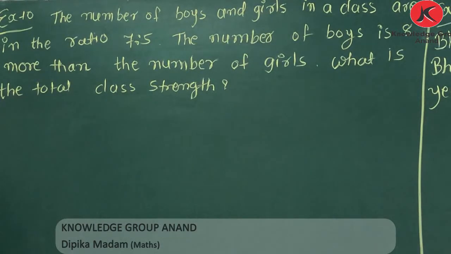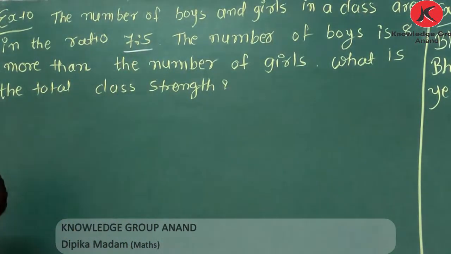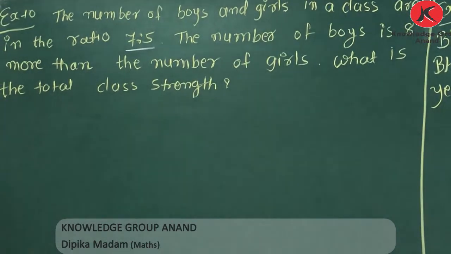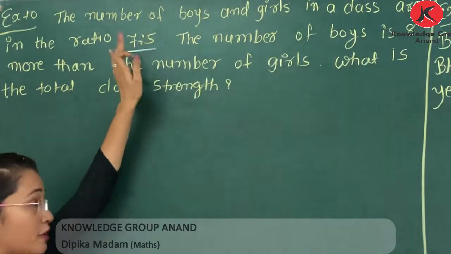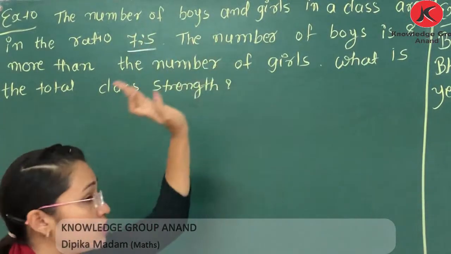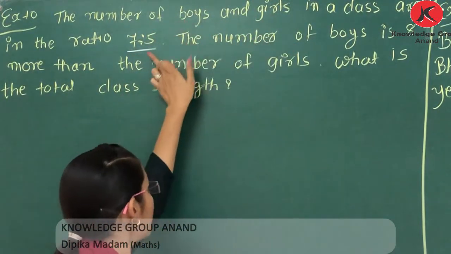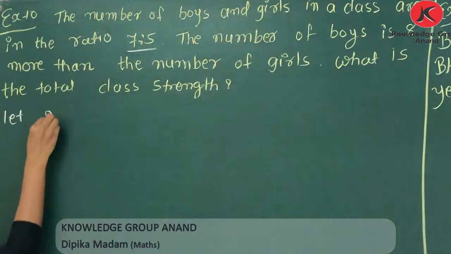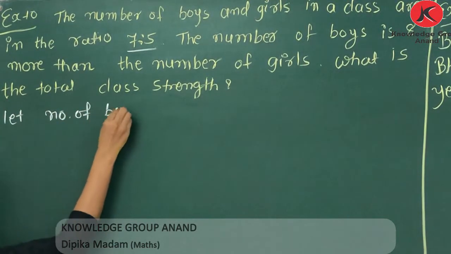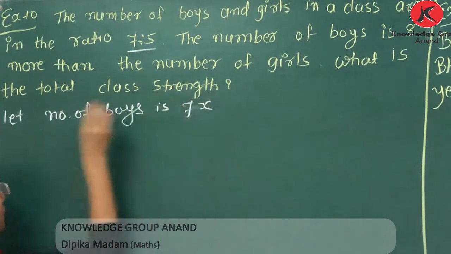Example 10. The number of boys and girls in the class are in the ratio of 7:5. Again a ratio is given. So what is the number of boys? That is 7x. Always the first number is given to the first name and the second value is given to the second name. So here it is written boys and girls, which means 7x will be boys and 5x will be the number of girls. So we can write, let the number of boys be 7x and